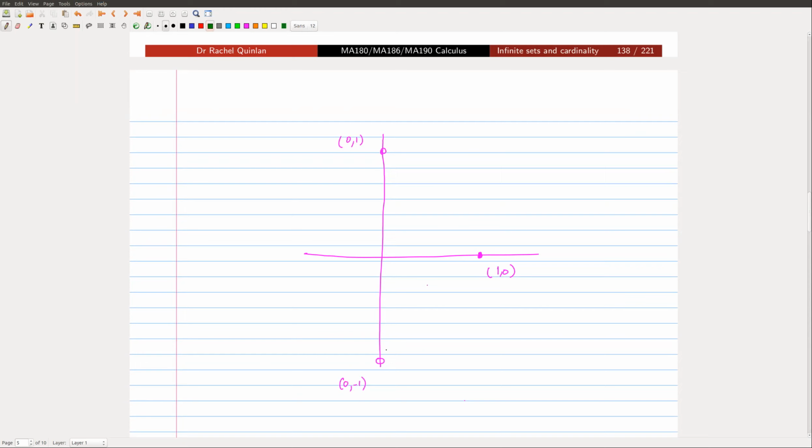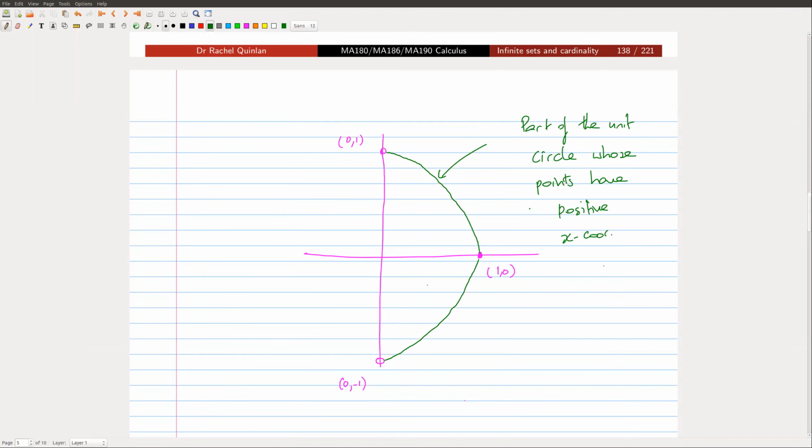We draw it in green. So we've got the part of the unit circle. So the green line, this is the part of the unit circle whose points have positive x coordinates. So we're basically leaving out the parts whose x coordinate is 0. Okay, and the circumference, the length of that green curve is pi, because it's half of the circumference of the